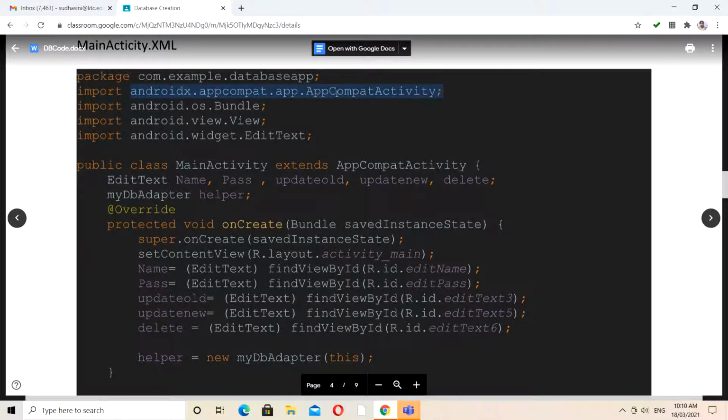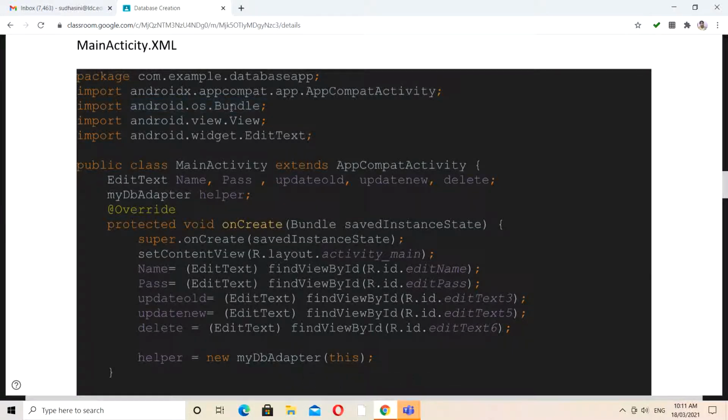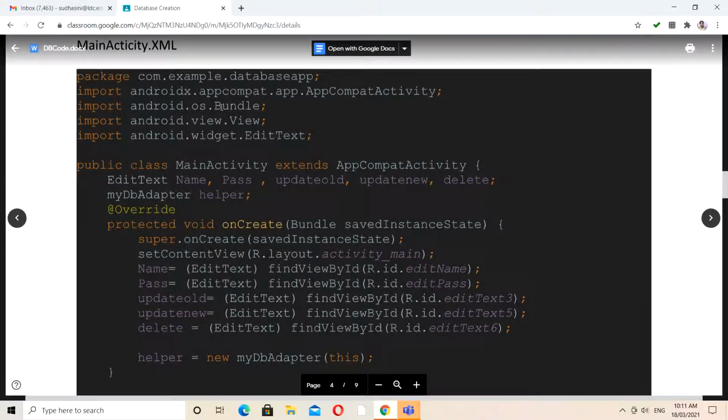The Bundle is a kind of intent: to pass any kind of information to another activity, we make use of this Bundle. Especially, this Bundle is going to save your current instance, the present situation. It stores all the information. That's why we have this.